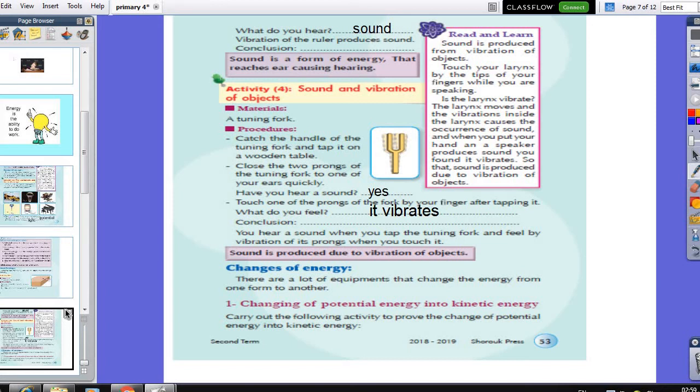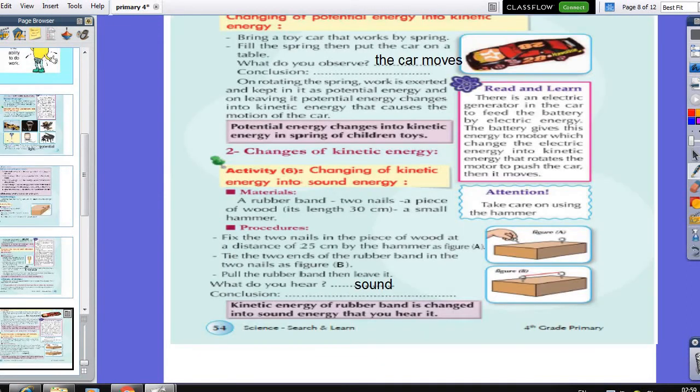The toy car moves, so movement. So here we have kinetic energy. Kinetic energy is the energy which resulted from any movement. Here also, if you have a box and we have two nails, and you will fix them in the